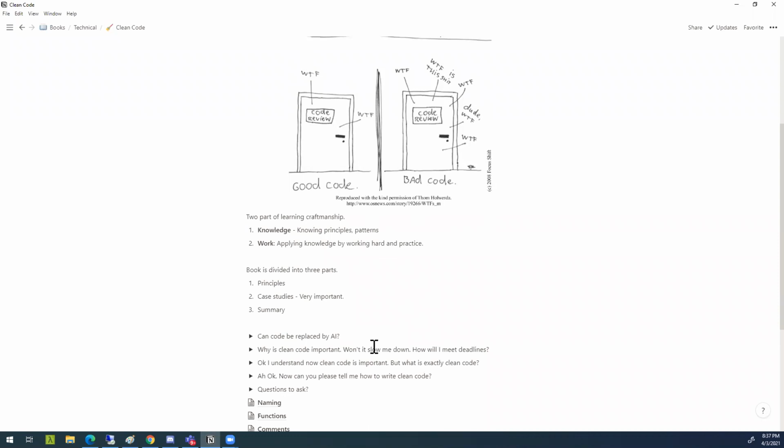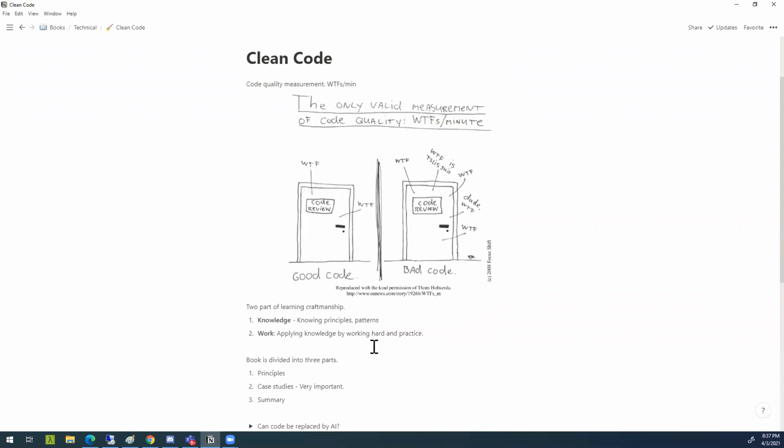Abhishek, yep, can you elaborate? Okay. So